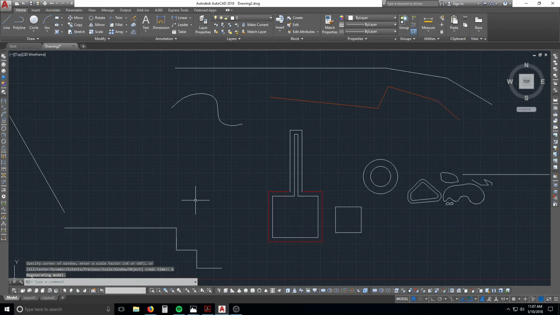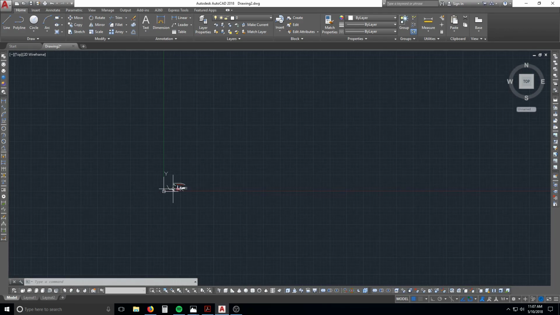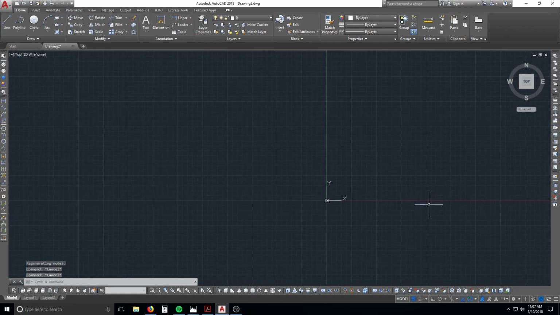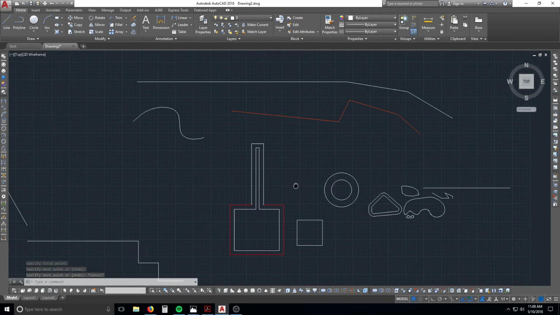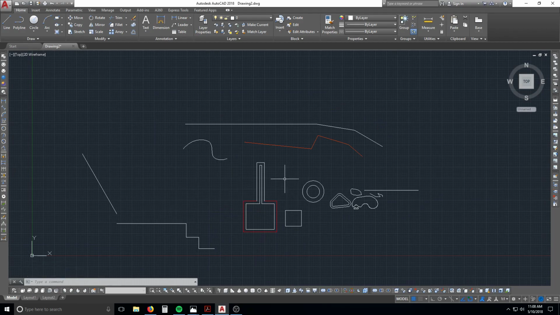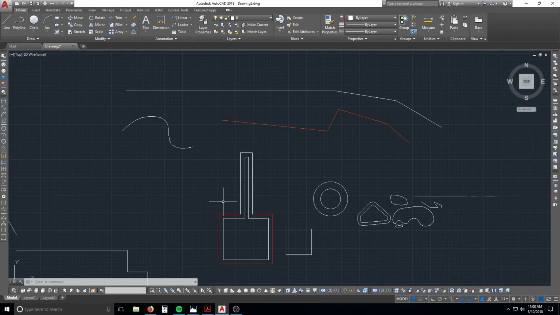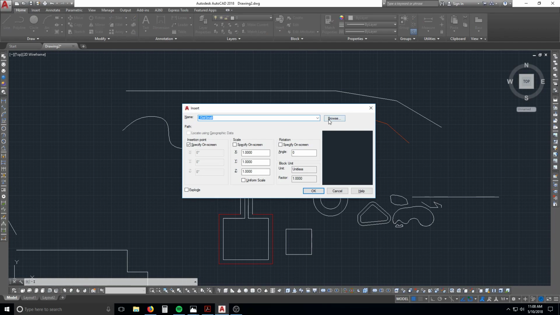What zoom extents does is basically say, show me everything on my drawing board, or on my screen. Here's the thing though, this is the way you can check to see if you have a stray line. Say I drew an itty bitty line right there. Now if I'm drawing over here, and then remember how we inserted a block earlier? If I insert